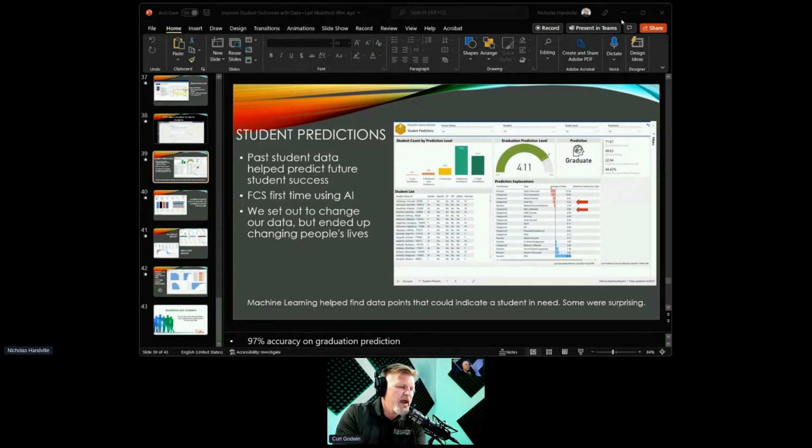And then we added things that we knew to be true. Like, low GPAs usually mean that the student is not doing well in school. If you miss lots of courses and absences, that can hinder you. So we added some things in, but really what we found is the machine found some things that were